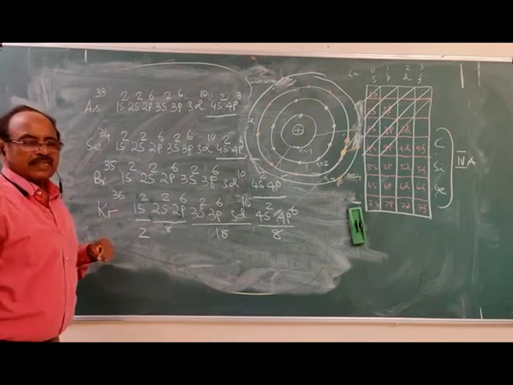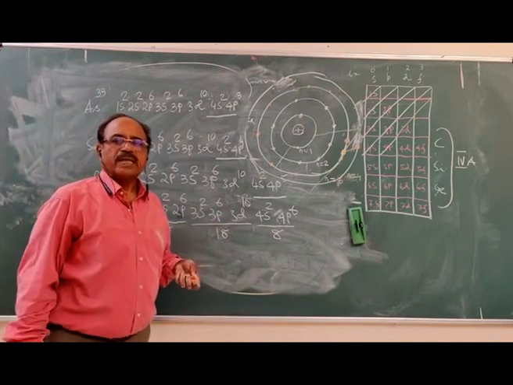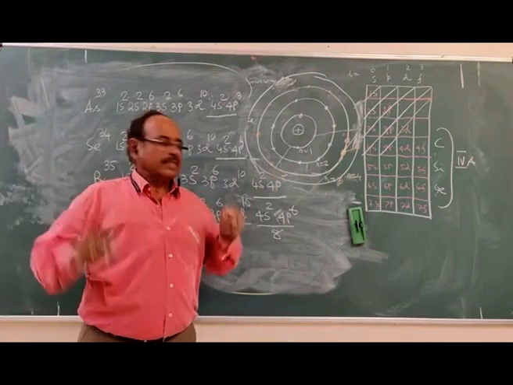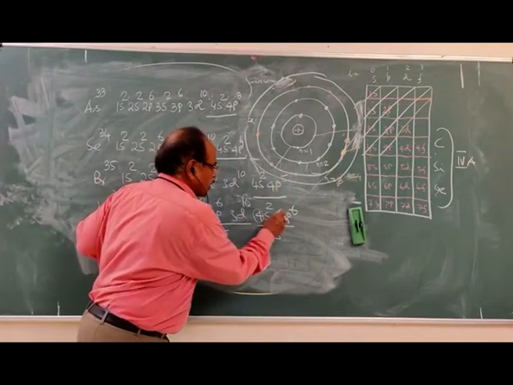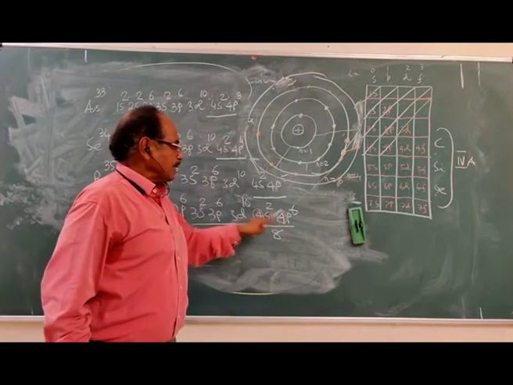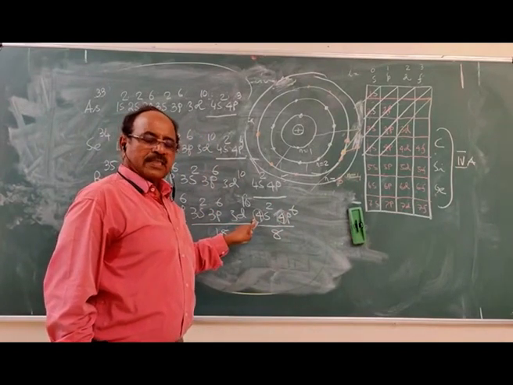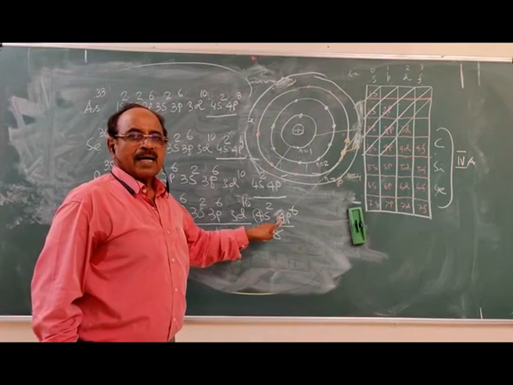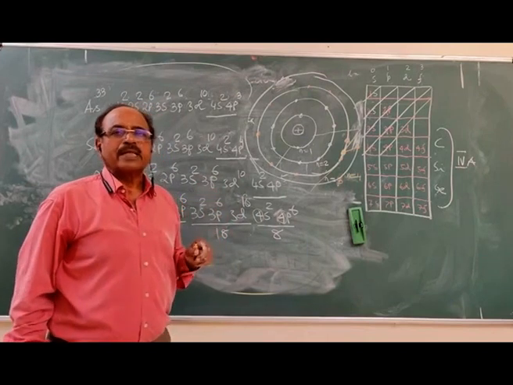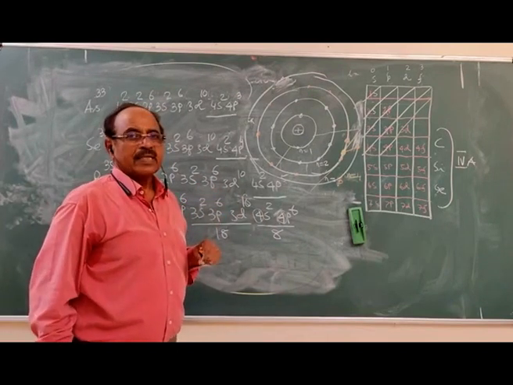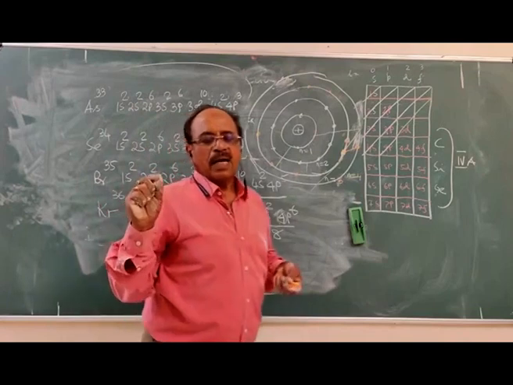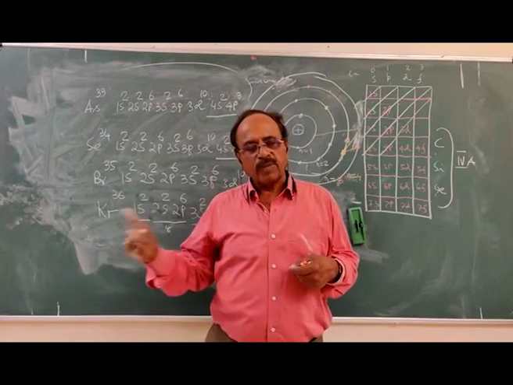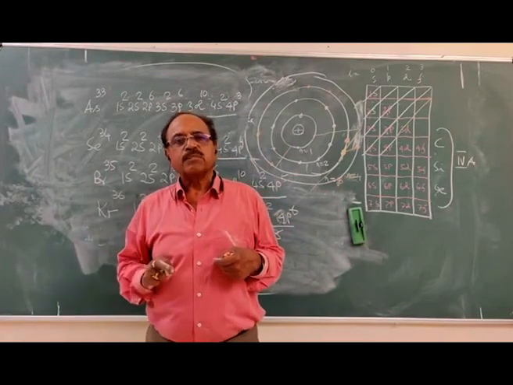This is an inert gas. This completes the fourth period of the periodic table, and there are 18 elements. It's a longer period. The principal quantum number indicates the outermost cell and the period number, and this is a longer period of the periodic table because there are 18 elements. You will find potassium 19, calcium 20, they belong to S block, normal elements, highly electropositive metals.